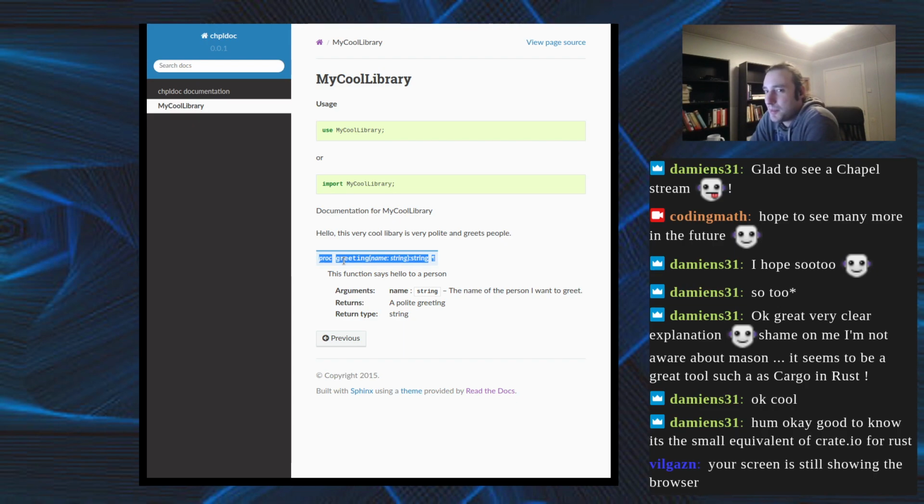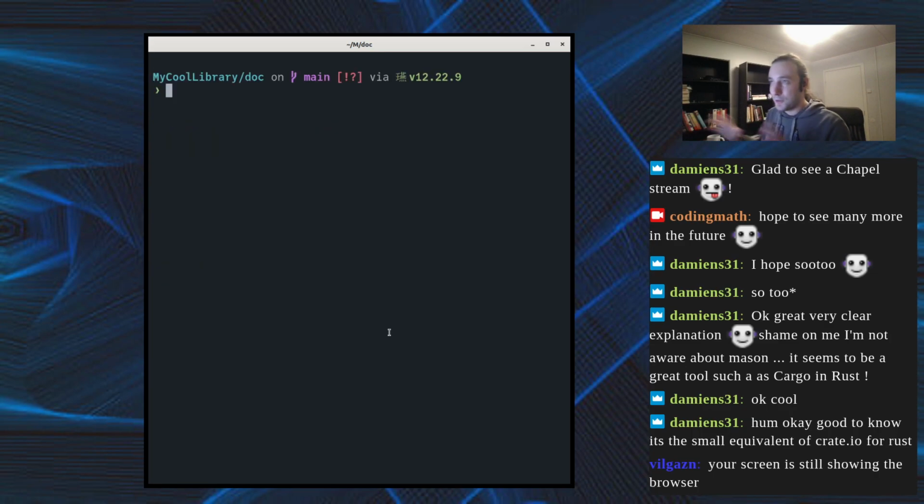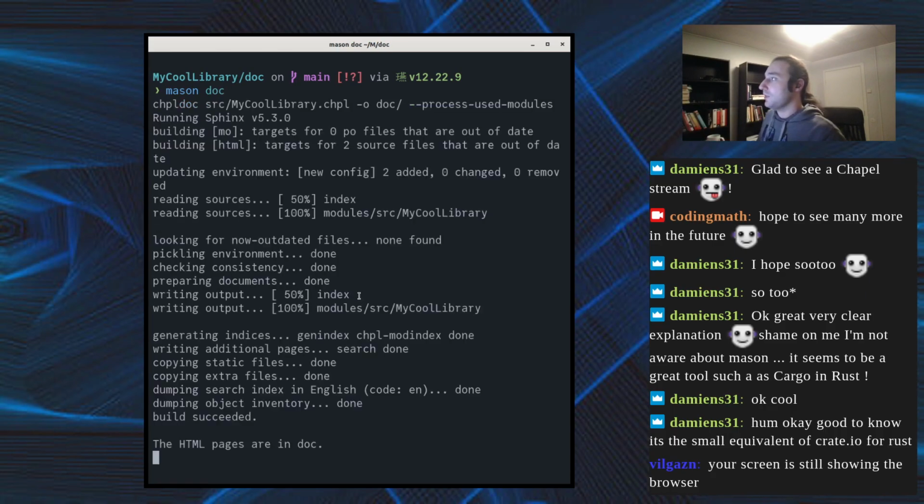I am a bit pickier with my docs, so I don't think of documentation just as a bag of doc strings. I like to add tutorials and other material. What I like to do is still a bit work in progress, and my workflow has some manual work. I'm planning to smooth it and maybe automate it, maybe in upcoming streams, with some actions or scripts to automate the generation of the doc. But basically, if we do Mason doc again,